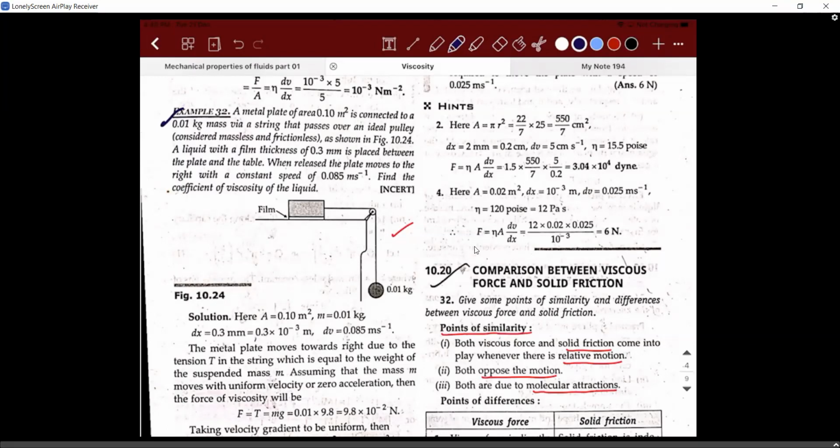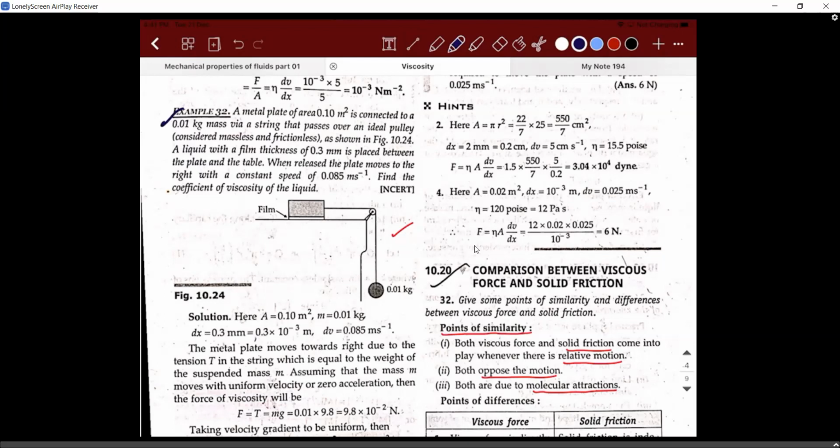Now what is happening? Had this metal plate been on the horizontal surface, do you think there would have been a possibility for the 0.01 kilogram to pull this metal plate? Depends on the mass of it, because we have to calculate, right? What equations will you write? Mg minus T is equal to Ma, T is equal to Ma. You remember all those equations? You write something like that.